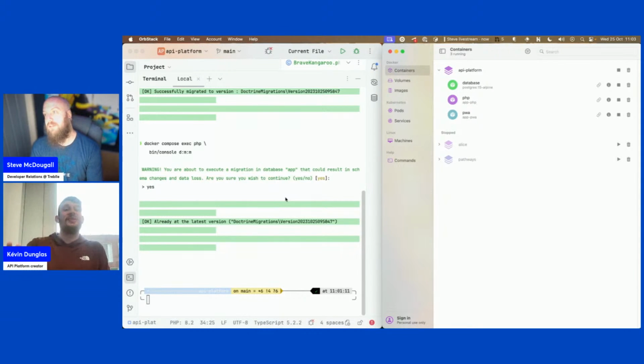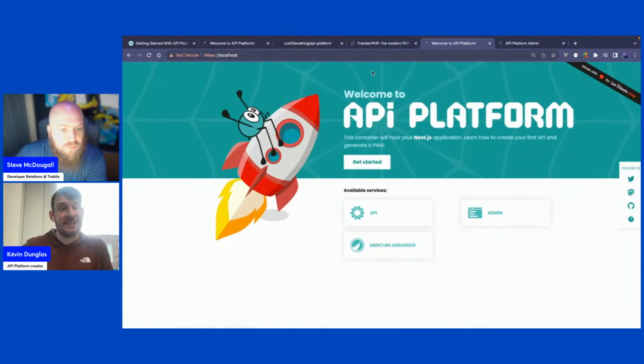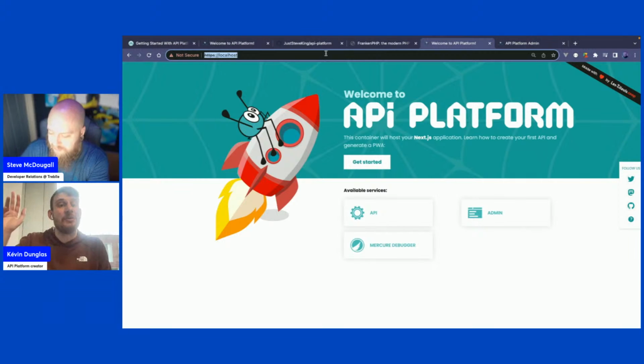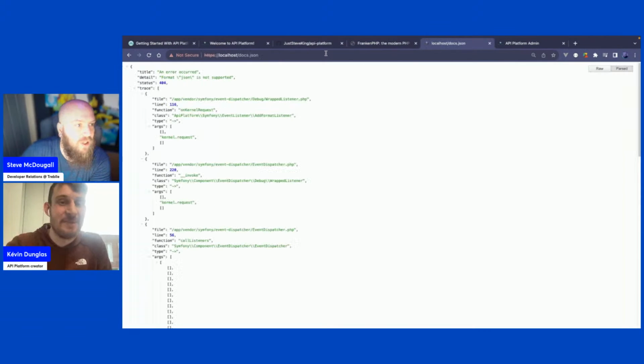Actually you can even use API Platform just to build your OpenAPI file. For instance, if you add docs.json, if I remember correctly, in the URL, you will get the corresponding OpenAPI file. And so if you want to use it as a prototype for an API that will be written in, I don't know, Rust or something like that, it should be possible. I don't recommend that, but anyway. Wow.